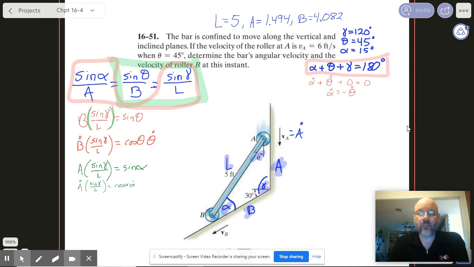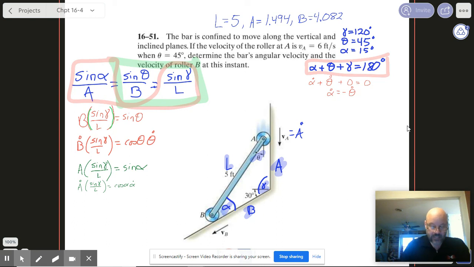Well, that's kind of weird. Let's think about that for a second. That really tells us that when one angle is changing positive, the other's changing negative. So as this roller thing goes down the wall, the angle theta is getting bigger and the angle alpha is getting smaller. Okay, so good, that works out. That's why we have that negative there in our relationship. It works out pretty well for us. That is our relationship that we can plug in